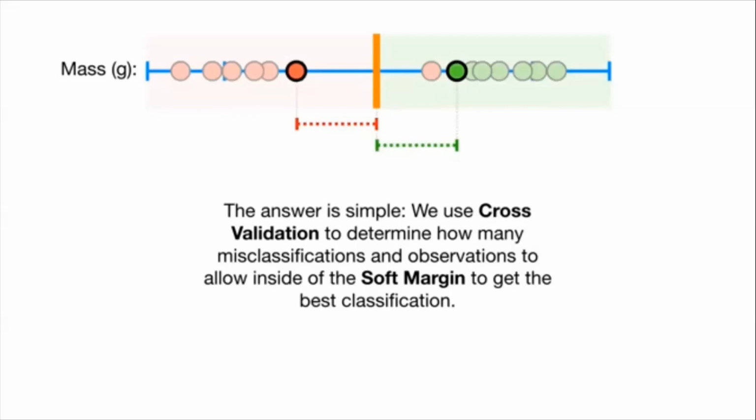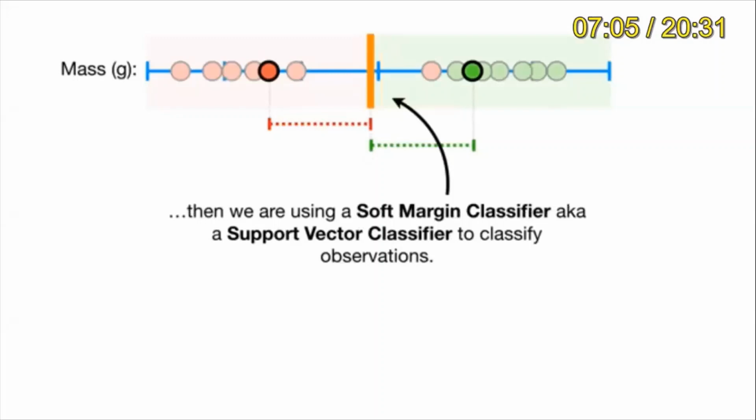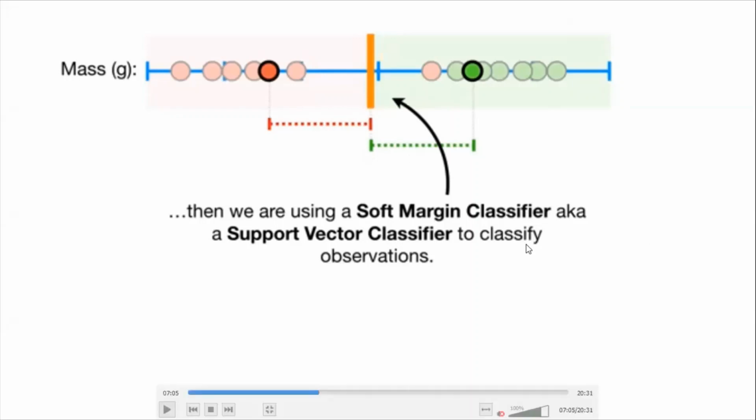So this particular model will use cross validation to find the best fit line, like the best classifier for the soft classification, the soft margin, as you can see. Okay, now the topic is a support vector classifier. When we're using a soft margin classifier, that's what we call a support vector classifier. When the classes started, I told you that you're going to learn about support vector machine. This is a support vector classifier. Till now, whatever I told you is everything about